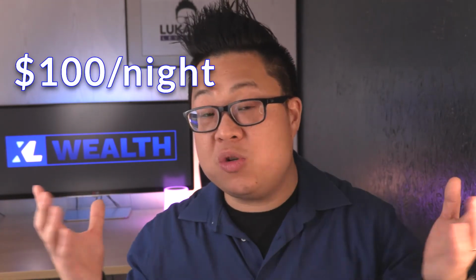You're renting out a whole duplex to other people. For a whole duplex, you could easily charge like $100 or maybe $200 per night for the whole property. Of course, you can't ask $200 per person on Airbnb. Well, you can charge slightly extra. This duplex is actually meant for 4 people and you're taking in 6. You can stay there with 6 people, but you have to charge extra for those number 5 and number 6